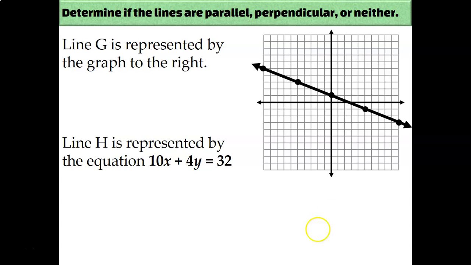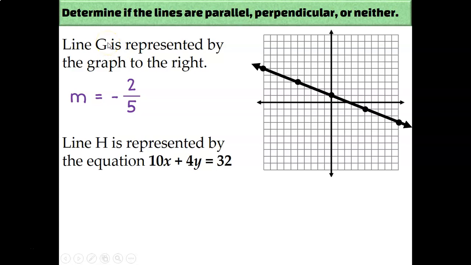Our last two lines are represented by a graph and by an equation. To calculate the slope from a graph, you just count the rise over run, so pick 2 points on the line and count how far up and down you go, that's the rise, and how far left and right you go, that's the run. So if I pick this point and this point, to get from one to the other, I go down 2, so that's a negative 2 because I fell 2, and then I go to the right 5. So going to the right, that's a positive motion, so I have negative 2 over 5 as my slope